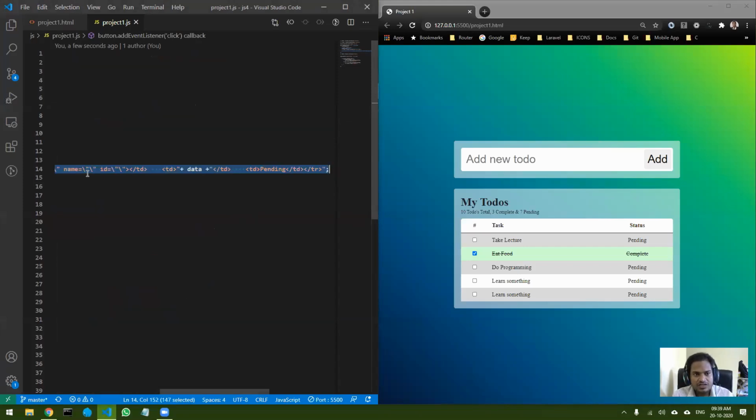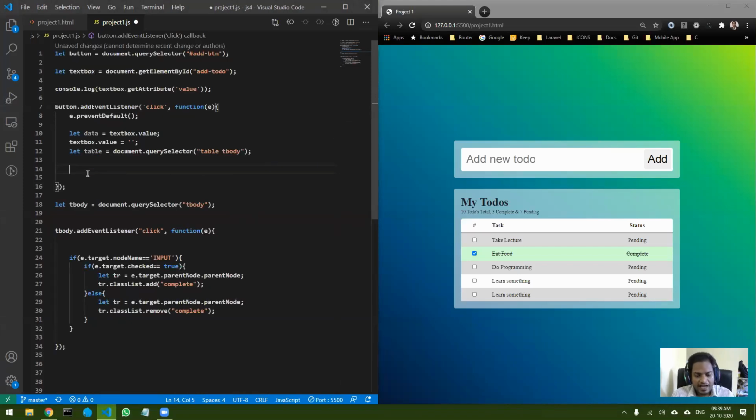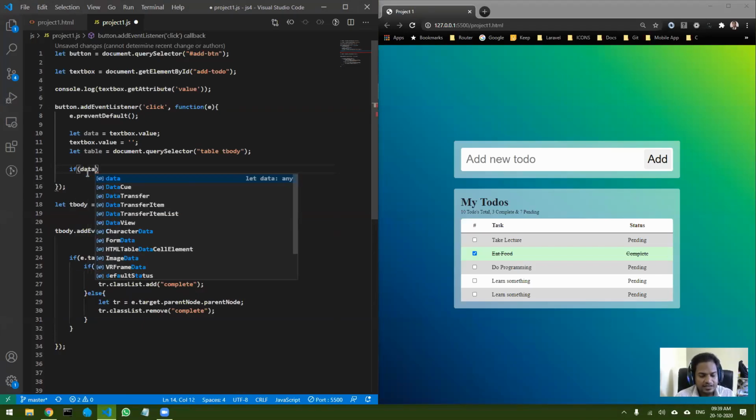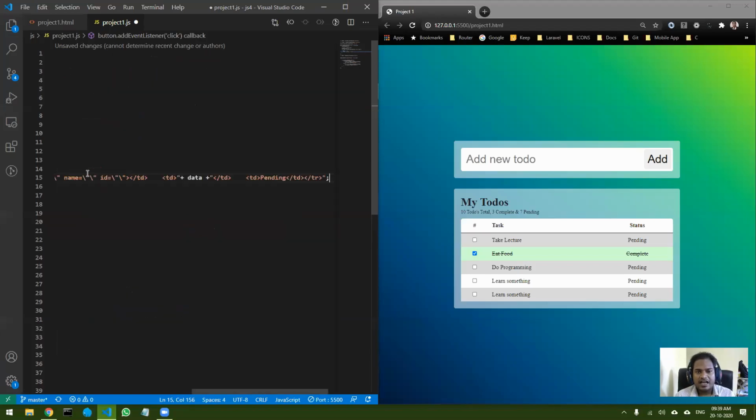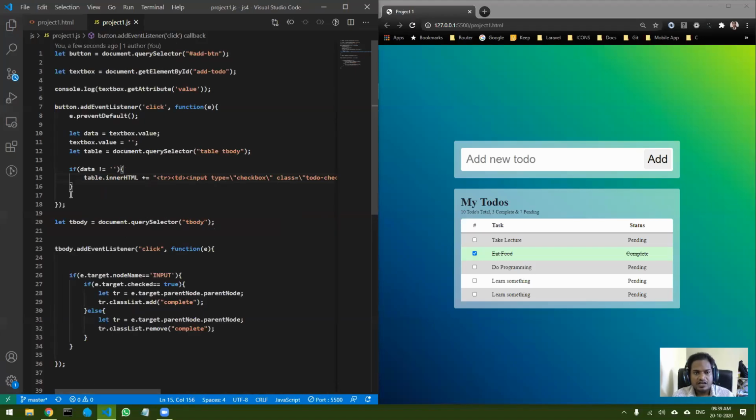I can remove this, and here I can do an if statement, and in the if statement I can say data is not equal to empty. Okay, so this is one way, and only then I will put this statement. So I will add the inner HTML only if the data is not equal to empty.